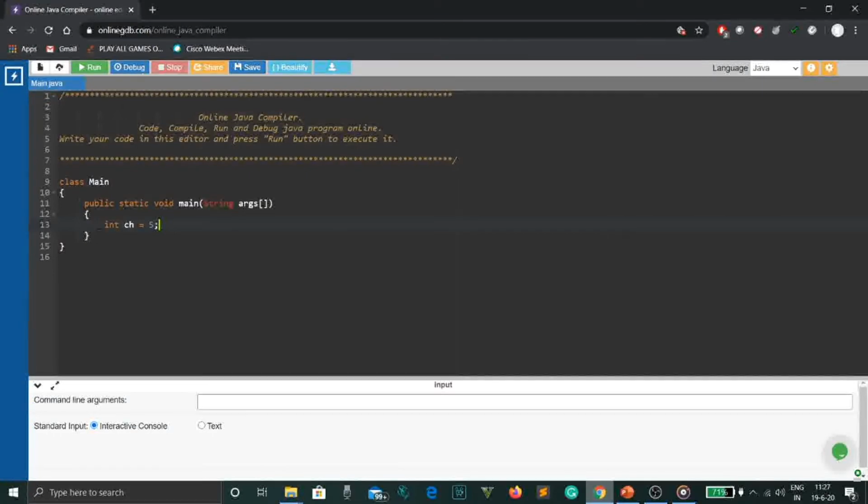Let me explain it to you. If the choice is 1, then it will print the first day of the week, that is Monday. If the choice is 2, it will print the second day of the week, which is Tuesday, and so on. So for choice equal to 1, we print Monday. Then we close the braces. Then we write else if ch equal to 2.